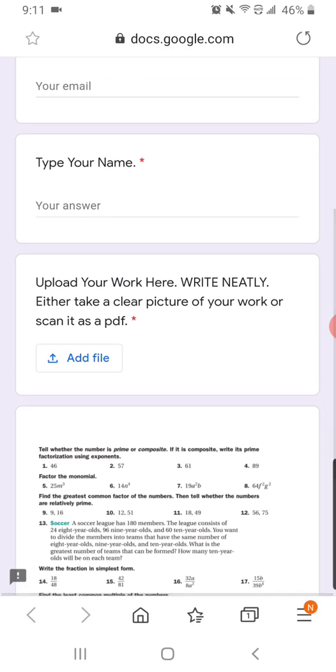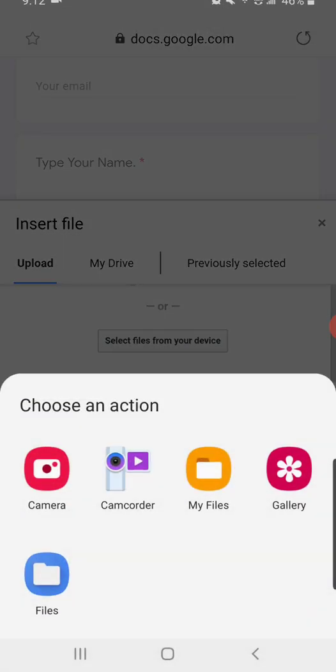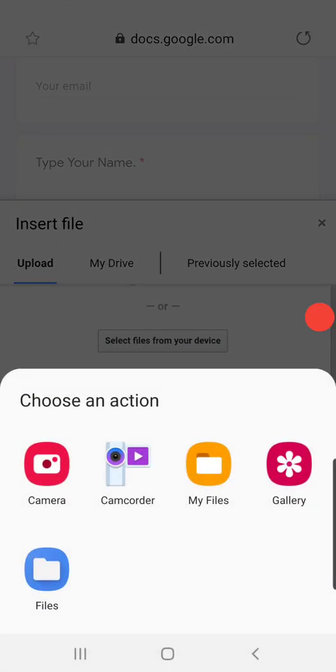When you go to add file on your phone, you're going to click on it, and it's going to prompt you to select files from your device. That's exactly what you want to click on. And then here's the important part. Either you're going to click camera, camcorder, my files, gallery, or files. It's going to look different on all your phones, but you want to make sure that you're going to click